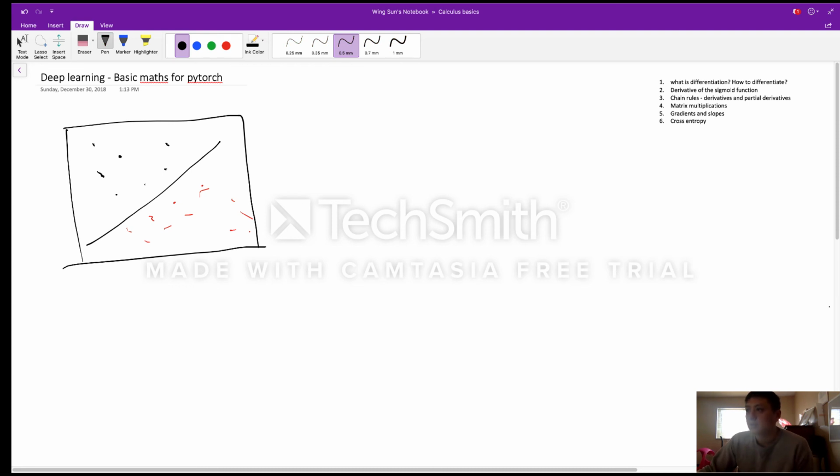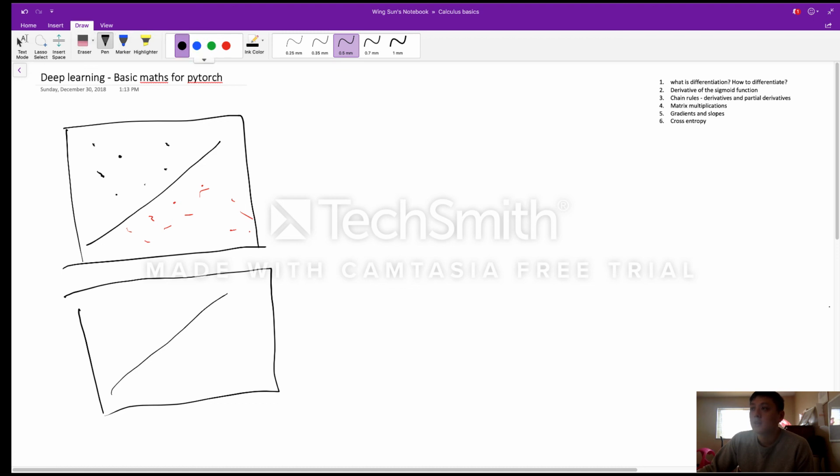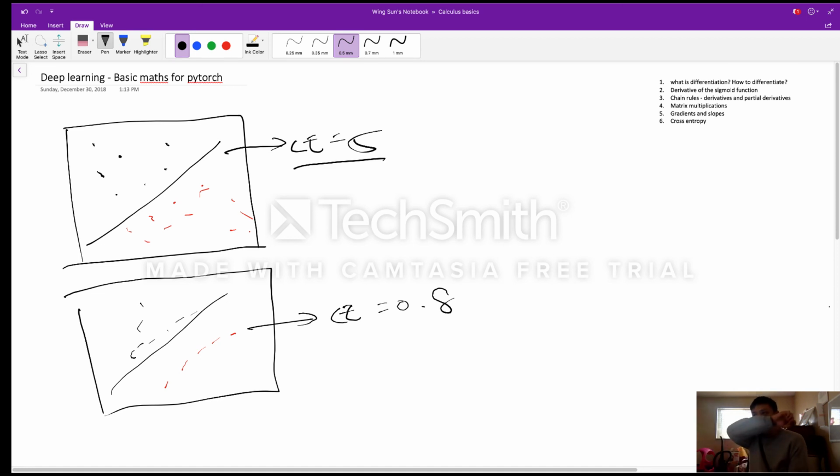But cross entropy, let's say you have two models. The way you should think about cross entropy is this. If this gives you a cross entropy of, say, 5, and this gives you a cross entropy of 0.8, you can think of that as saying, hey, this model has a lot of disorder,